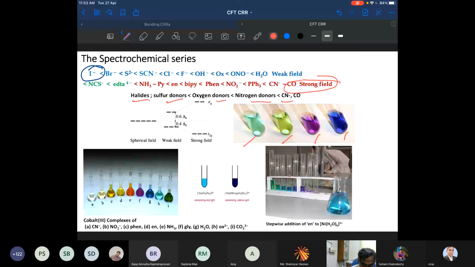For the cobalt complexes, you can see in the photograph that I have shown here, starting from cyanide, CN minus, going to carbonate, you have an almost colorless complex, and here you have a beautiful dark green color, right? This one is a colorless complex, that is CN minus. But on the other hand, here I have a carbonate, CO3 2 minus complex. Can anyone tell me why the CN minus complex is colorless?